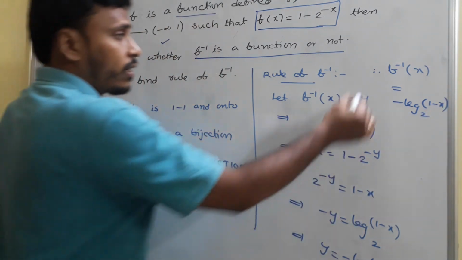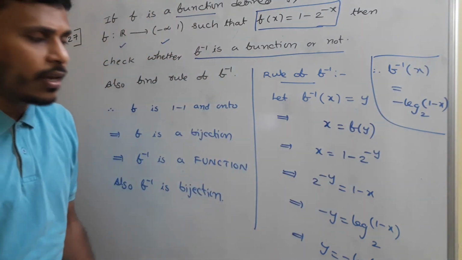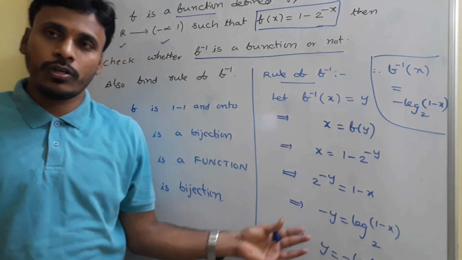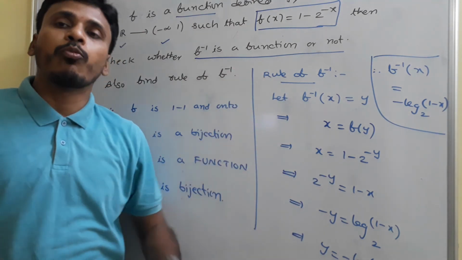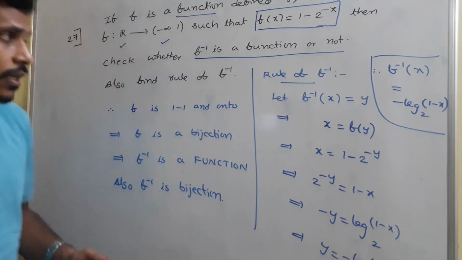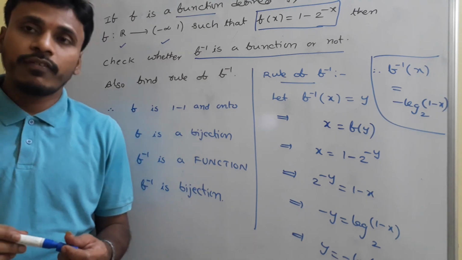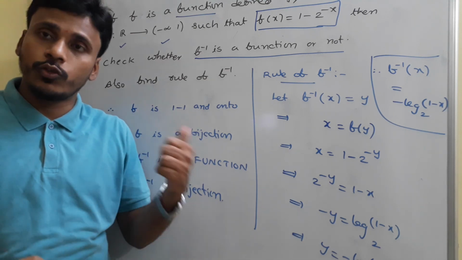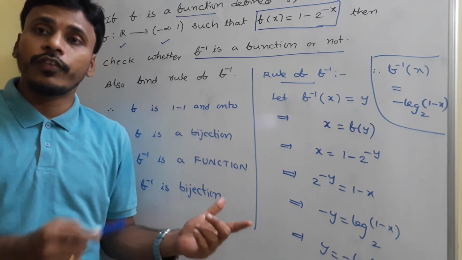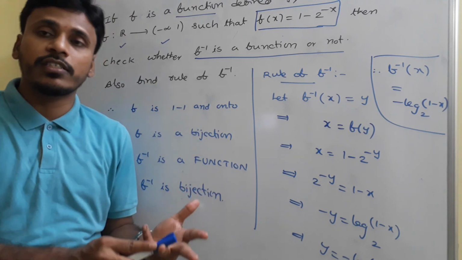Very simple, right? To prove it as onto, we utilized similar steps. The same steps help us to write the rule of f inverse. Writing the rule of f inverse and proving it as onto are both symmetrical. To solve this type of problem, first we need to check whether the given function is 1-1 or not, and then whether it is onto or not. After that we conclude whether it is a bijection or not. If it is a bijection, we say that the inverse is a function.